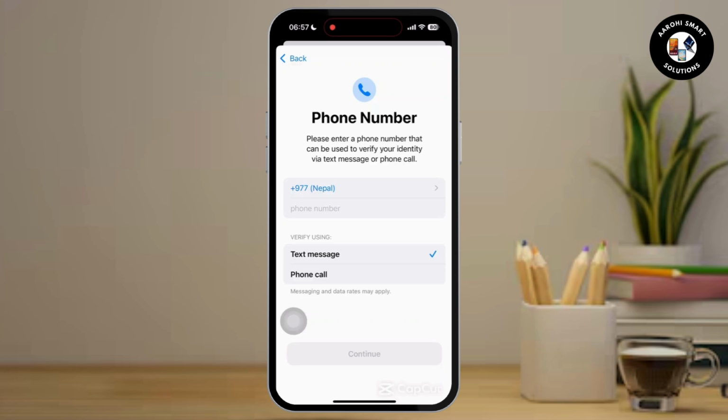Then a code will be sent to your device and you will have to enter your code and your Apple ID will be created. I already have an Apple ID on my phone number, so I cannot create another one. So all you have to do is enter the phone number in the given box available there, and a code will be sent to your SMS. Simply type it down and your Apple ID will be created easily. You'll have to follow the on-screen instructions to